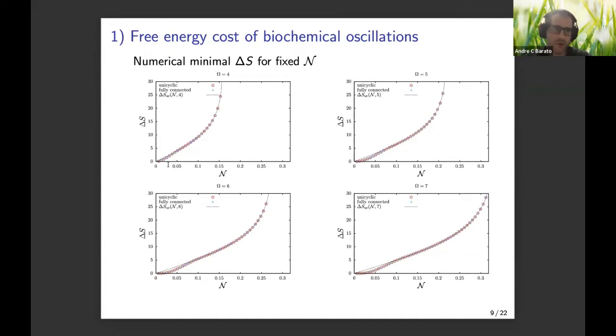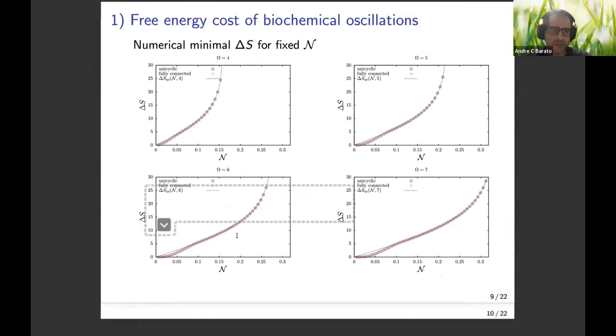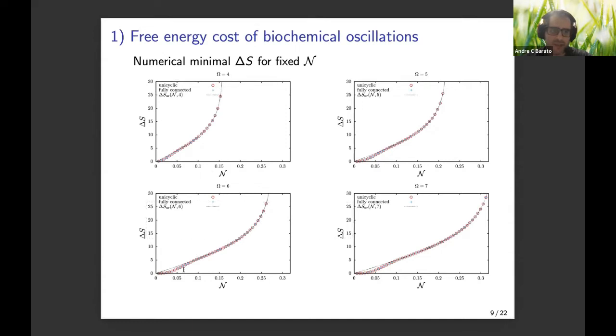If you do that, you can do it for omega equals 4, 5, 6 and 7. The dotted line is what you get from the uniform rates. The red circles are what you get from a unicyclic network with arbitrary rates, and the blue symbols, or plus signs I should say, are what you get from a fully connected network, if you put all your rates there. Again, the unicyclic network is a particular case of a fully connected network. The first thing you identify in these figures is that if the number of coherent oscillations is large enough, things go to the uniform rates. If it's small, there is a regime where uniform rates do not minimize, but the minimum is below uniform rates. But the other very important thing you realize here is that the fully connected network never does better